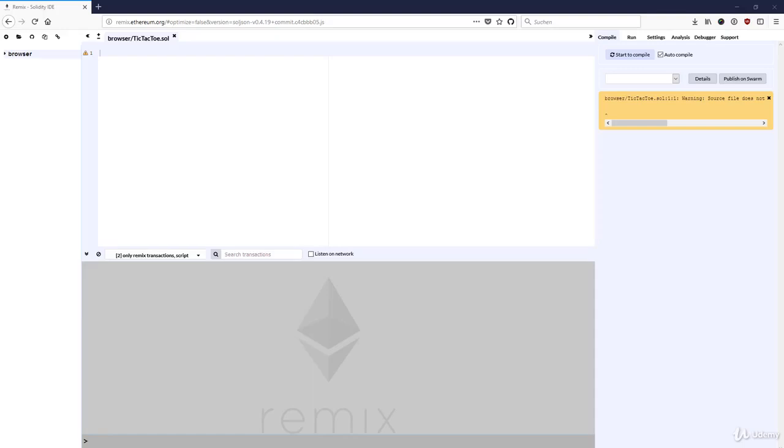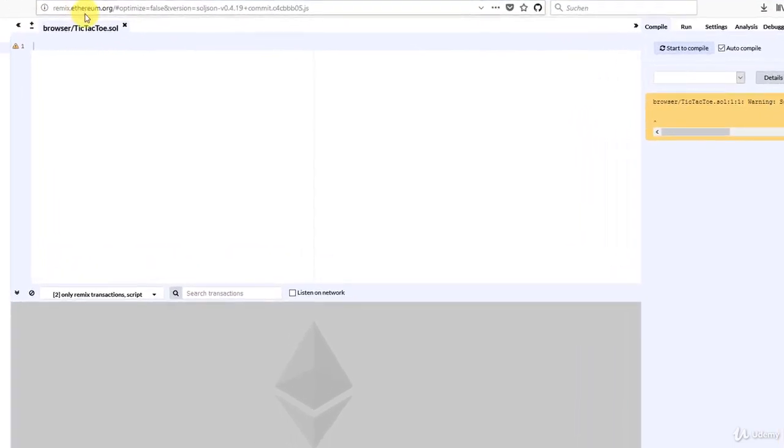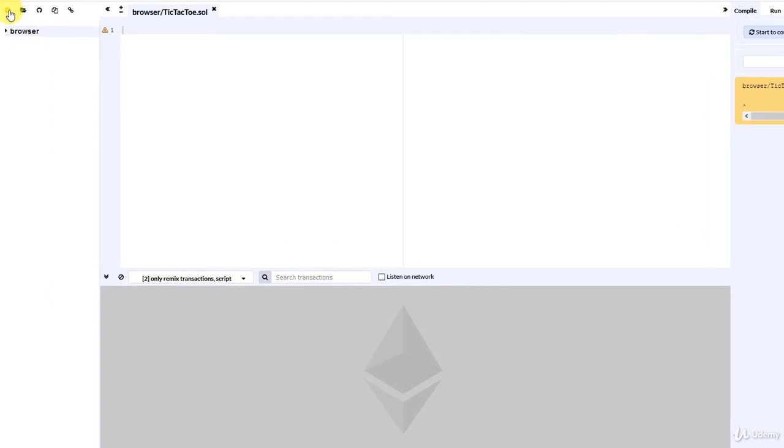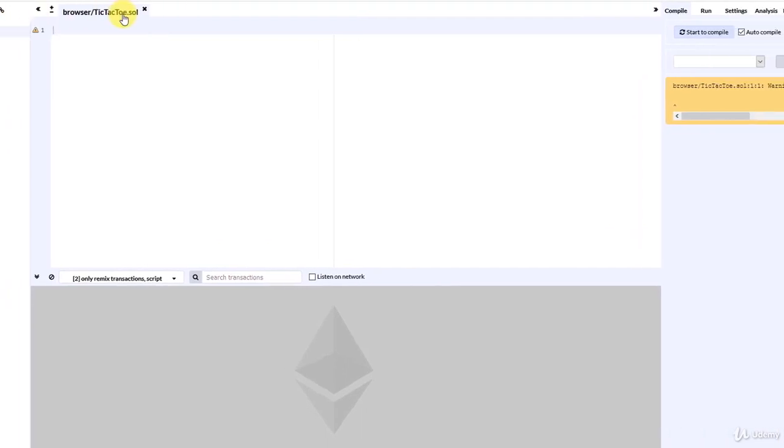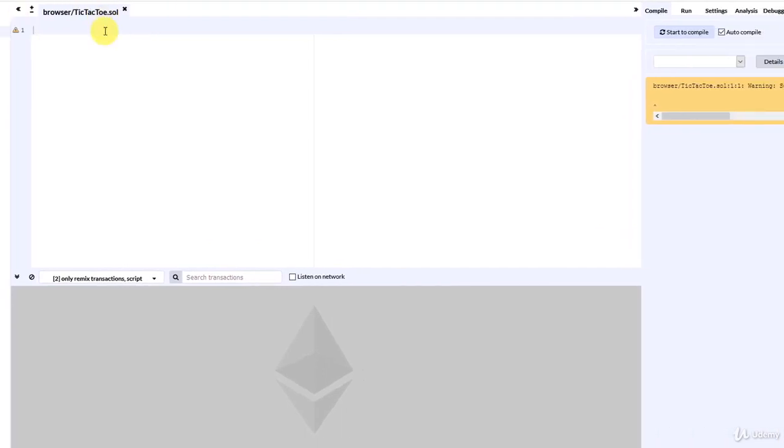Okay, so in this section we are going to develop our actual tic-tac-toe game in Solidity and we'll run it on the Ethereum blockchain. Now I have opened Remix here on remix.ethereum.org, and I have created a new file and named it tic-tac-toe.sol for Solidity. Now with every file that we have in Solidity, we start with the pragma line, and here we have Solidity